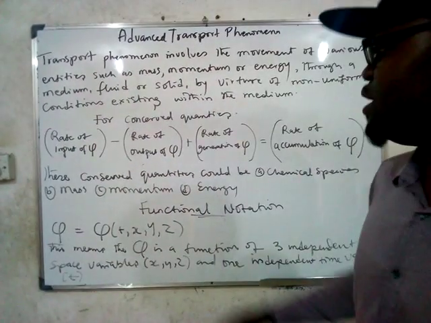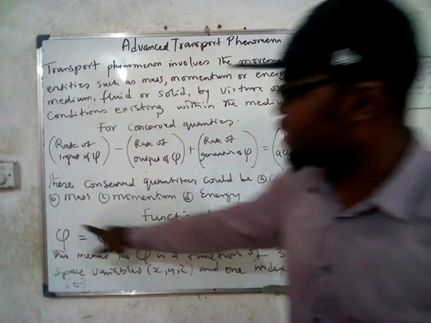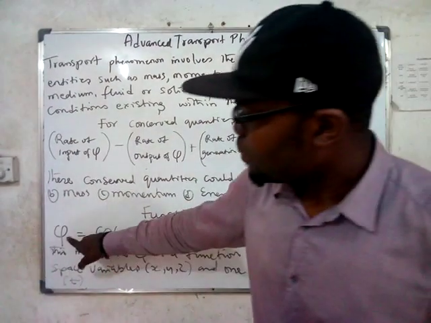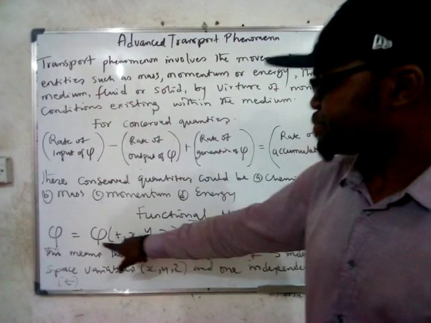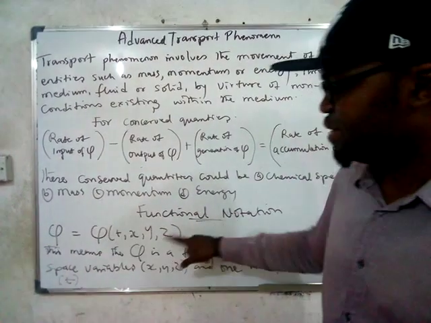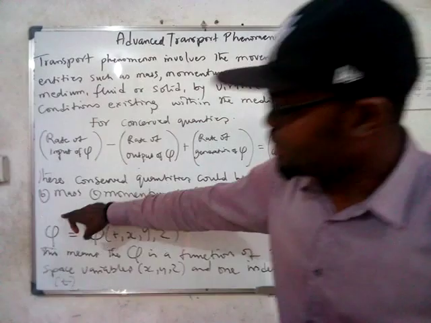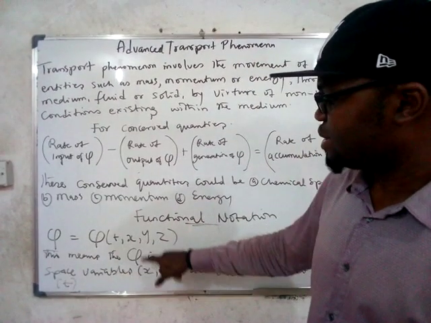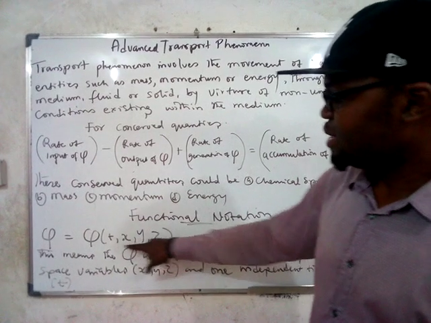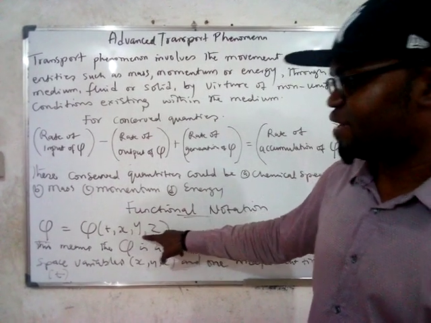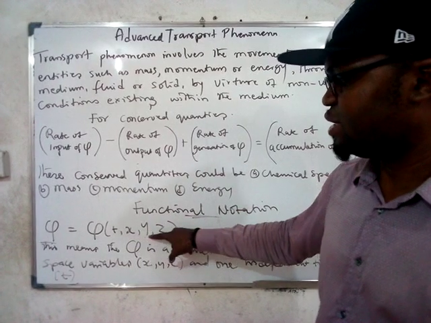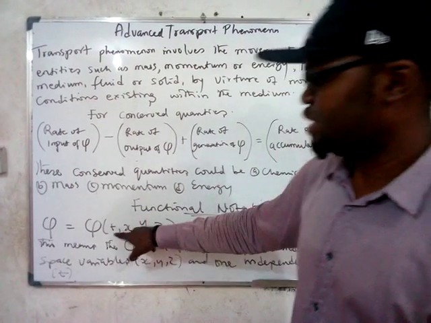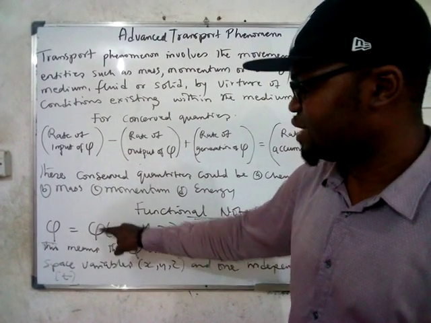Now, very, very important before we start deriving, before we start taking this to steady state, uniform and non-uniform and equilibrium state, it's always good that you know that whenever you have a notation like this, where this sign is equal to this and in bracket, this simply means that this unknown quantity is actually dependent on all these. These are called independent variables. These variables, they don't depend on anything, but these ones depend on them. So that's why when you write it, you put them in brackets.